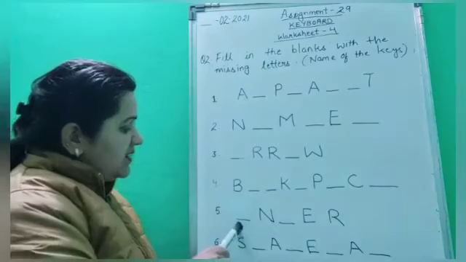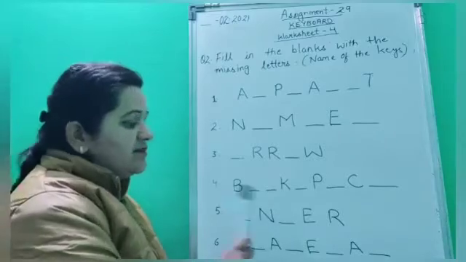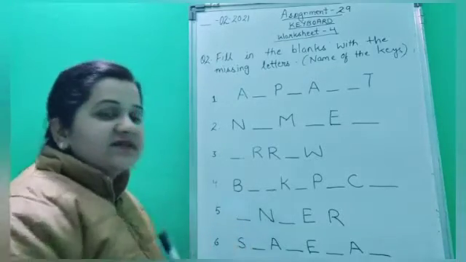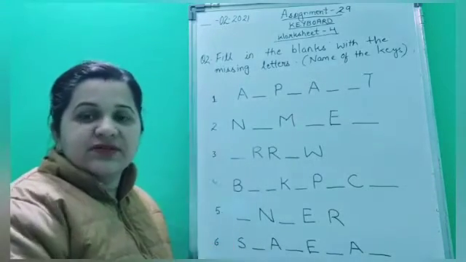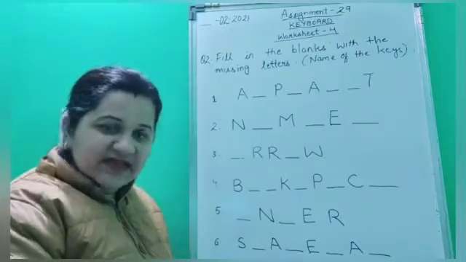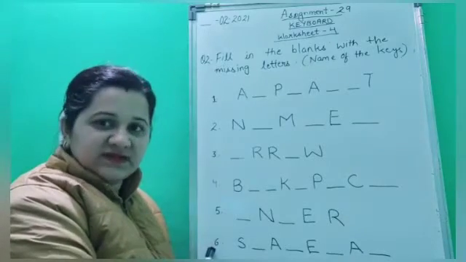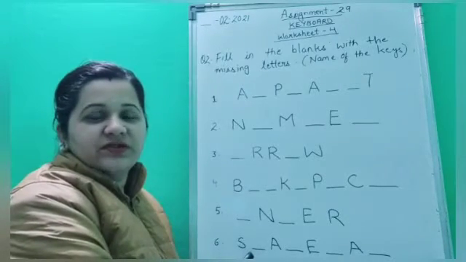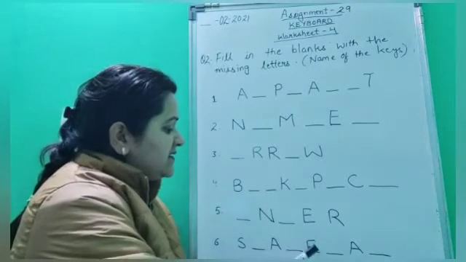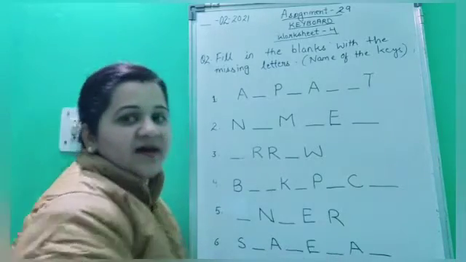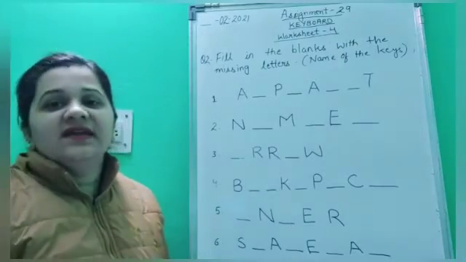Okay, children. The fifth one is enter. Now learn the spelling of enter and then fill the missing letters. Enter key is used to bring you to the next line. It moves the cursor to the next line. If you want to come to the next line, you will press enter key. Okay, children? Now, sixth one. Which name is this? Just try to find out. Yes, it is space bar. Now learn the spelling and then fill in the missing letters.